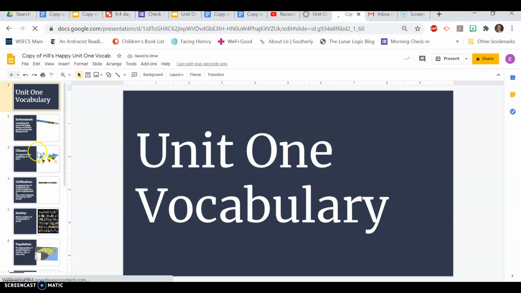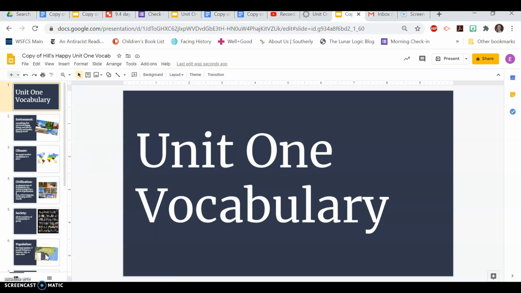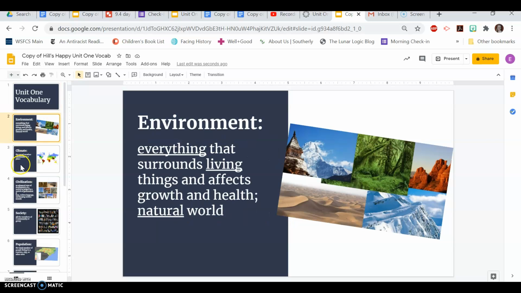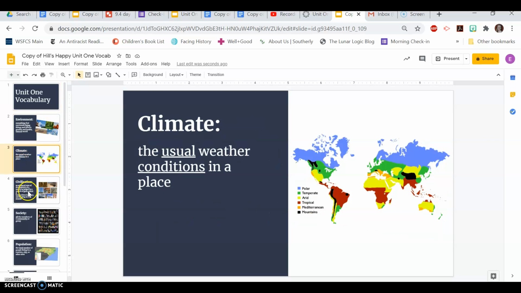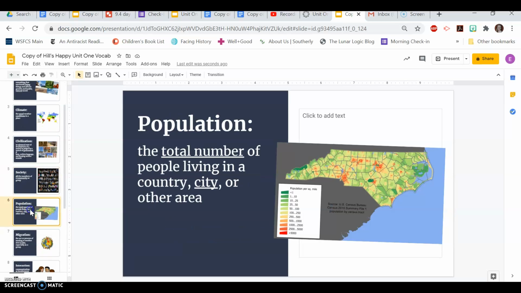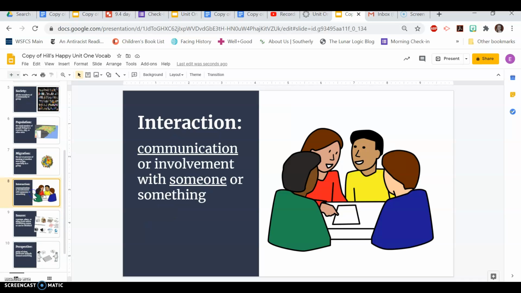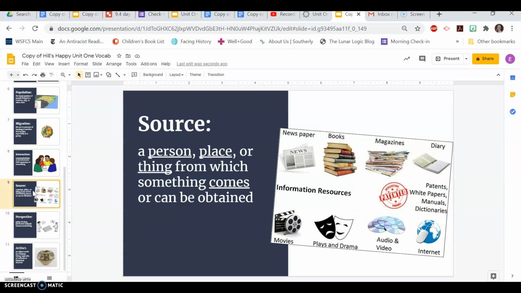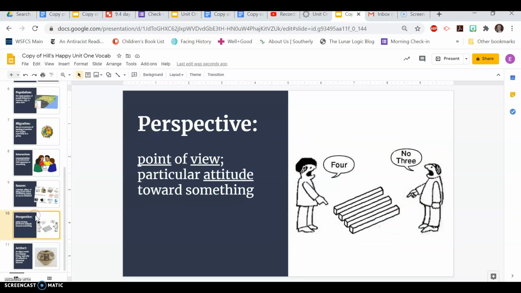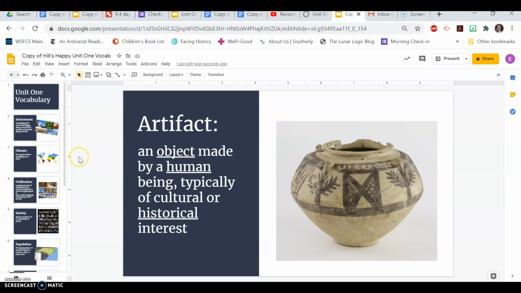Alright, so the copy is made. And there are 10 words: environment, climate, civilization, society, population, migration, interaction, source, perspective, and artifact. So you've made a copy, but now the third thing is to make sure that it's